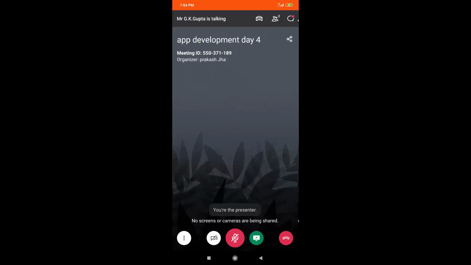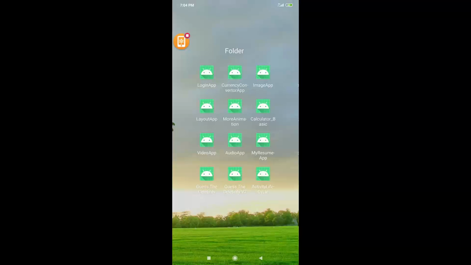I'll switch my screen and show you my mobile, and there you can see my app. I hope my screen is visible to all of you.